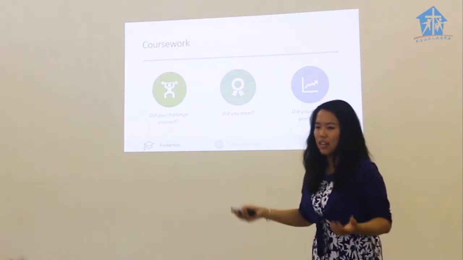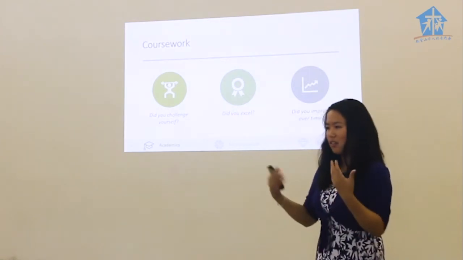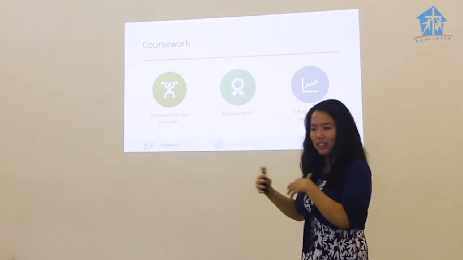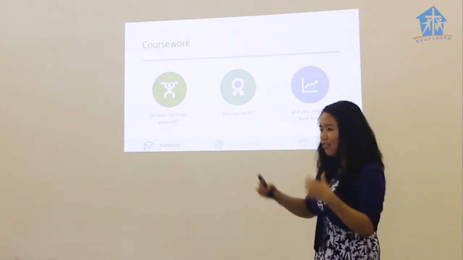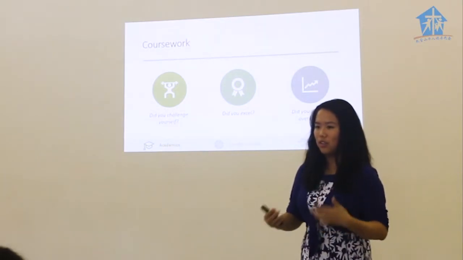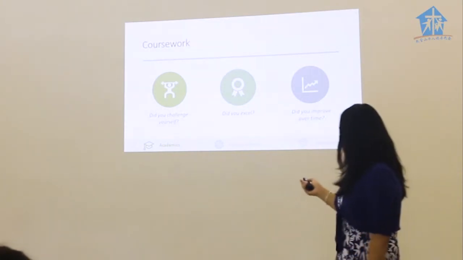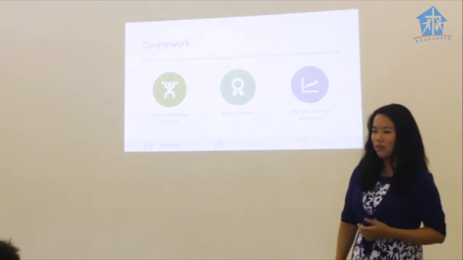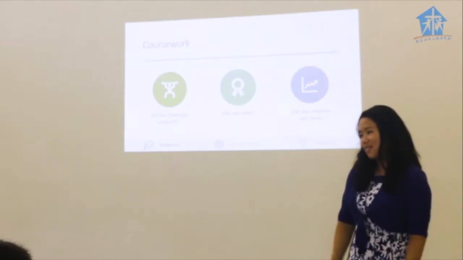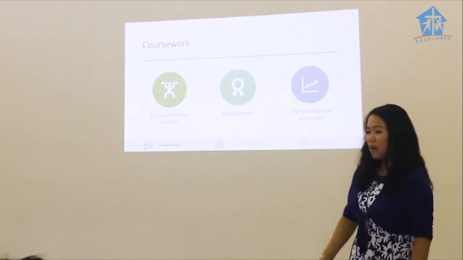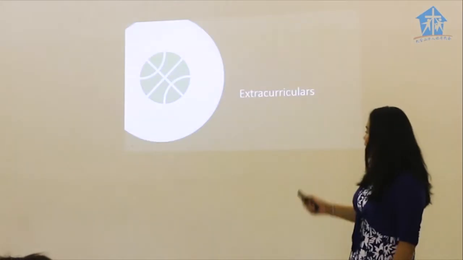So if you didn't get so good grades, did they improve over the 4 years? Did they get better? And if you've been getting A's across the board, did your classwork improve? Like, did your classwork get harder? So that means, even though you're still doing well, your classwork is getting harder, so you're becoming a better student, you're learning, you're growing. So these are 3 factors to consider when taking courses in school. But I'm sure you guys already satisfy all these 3 things. So again, won't spend too much time on academics. Let's move to something a little bit more interesting, extracurriculars.